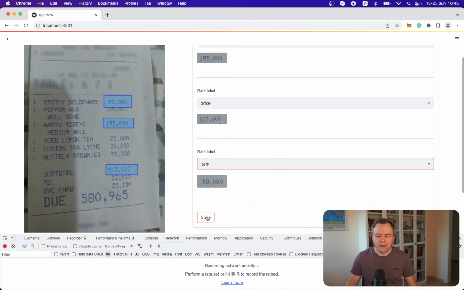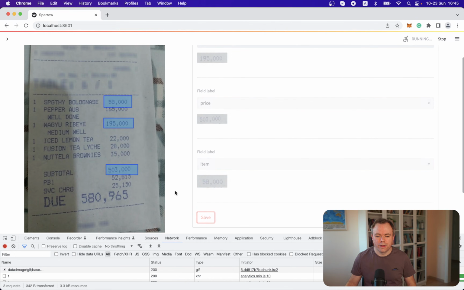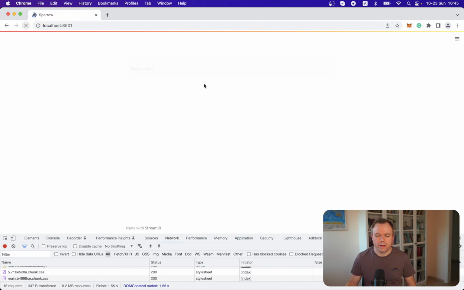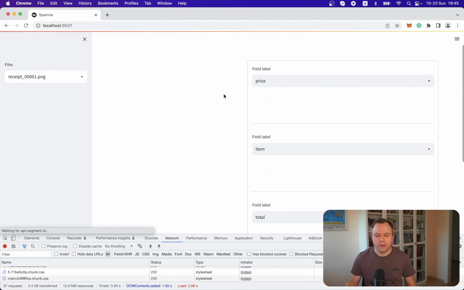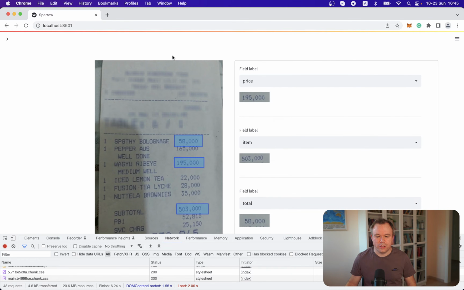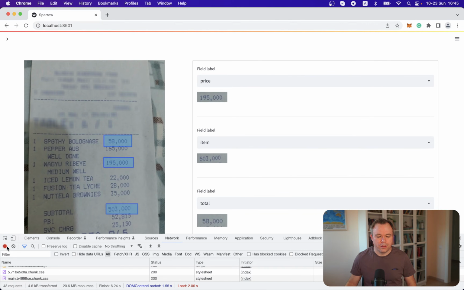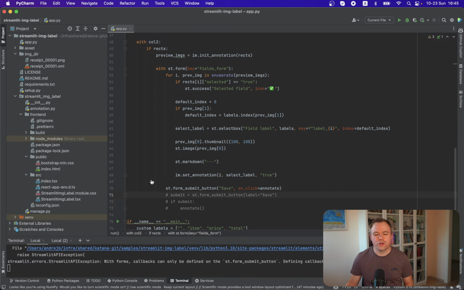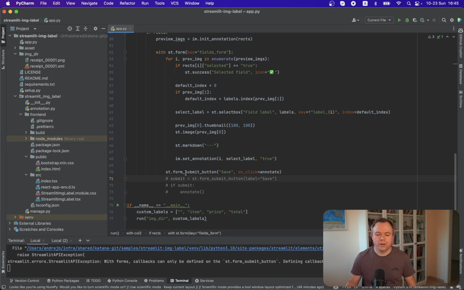Now I press save, but if I go and refresh the application, I see that the changes were not saved actually in this case. So what happens is, what I noticed and I would like to share with you, when using form